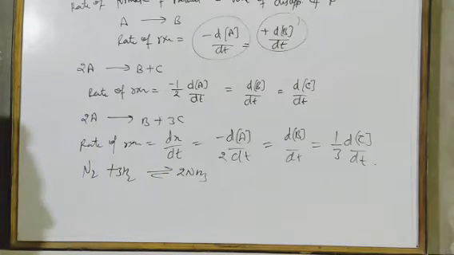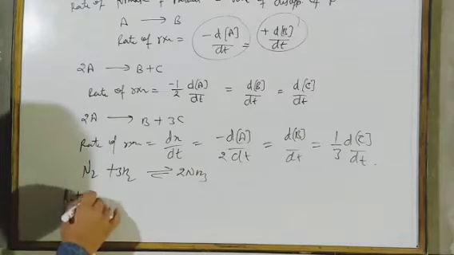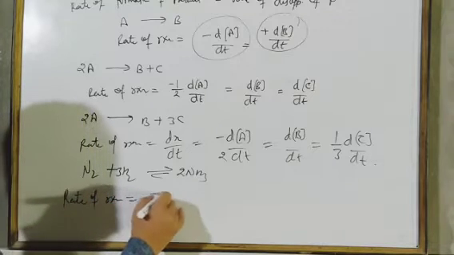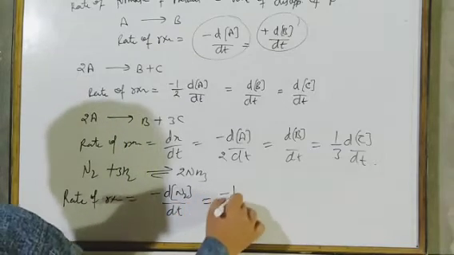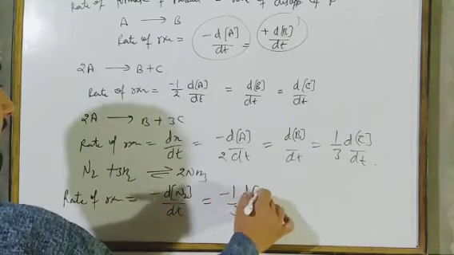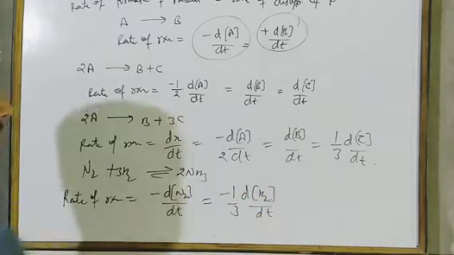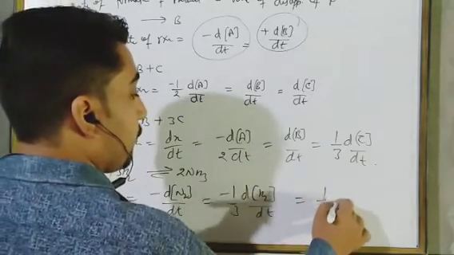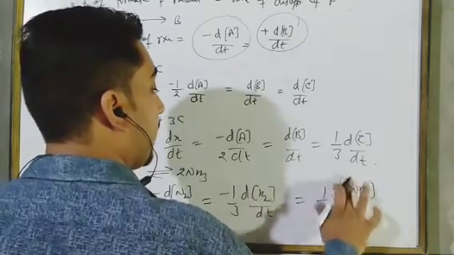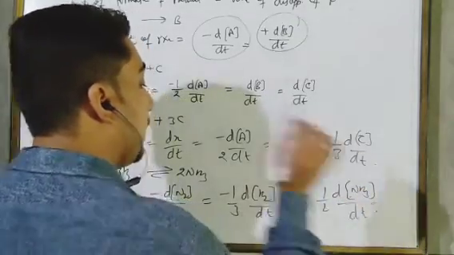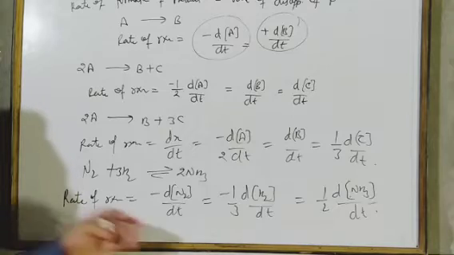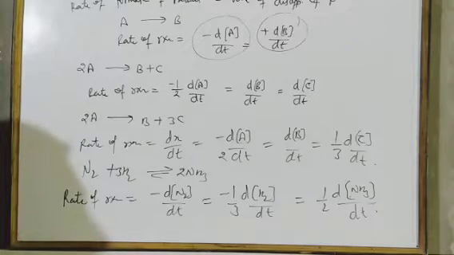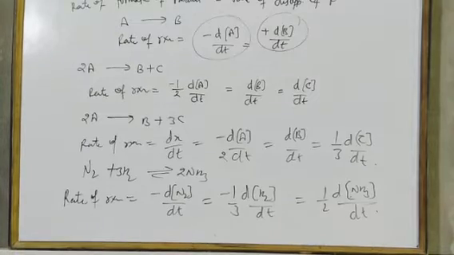So we take a standard example, N2 plus 3H2 gives 2NH3. What will be the stoichiometry of the rate of reaction? The rate of reaction will equal minus d[N2] over dt, is equal to 1 by 3 minus d[H2] over dt, the disappearance of hydrogen, and the formation of ammonia, and the concentration is shown by big brackets. By this stoichiometry of the rate of reaction of any reaction, you can find the rate of disappearance or the concentration of reactant or product.